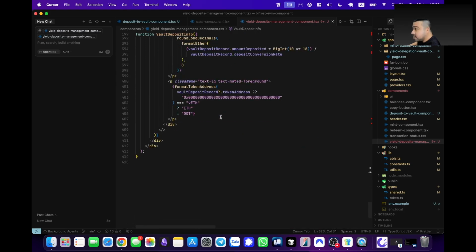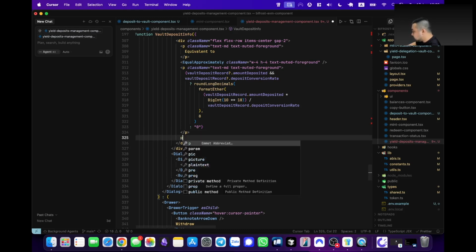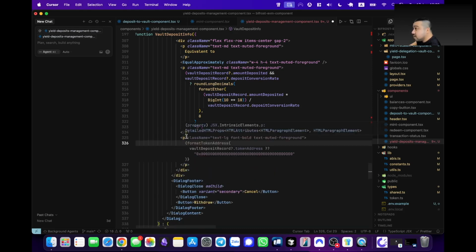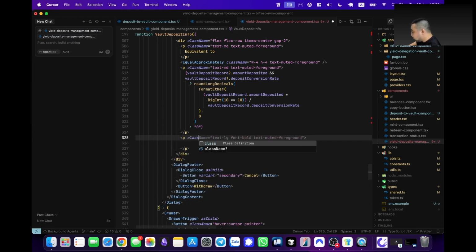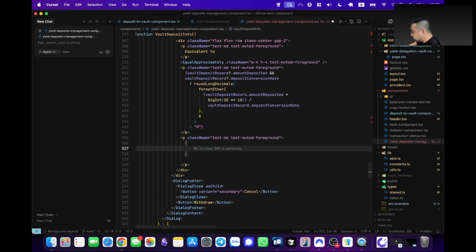Okay, let's not handle that part just yet. Let's make sure I handle... Oh, I also need something. Okay, so you got a P here. You're gonna need to also have just something simple, right? MD text, essentially token address. Do a quick lookup, format token address, vault deposit,